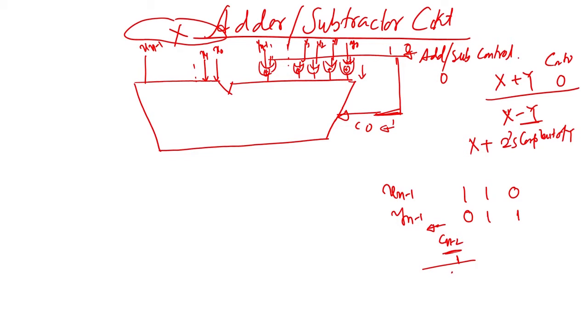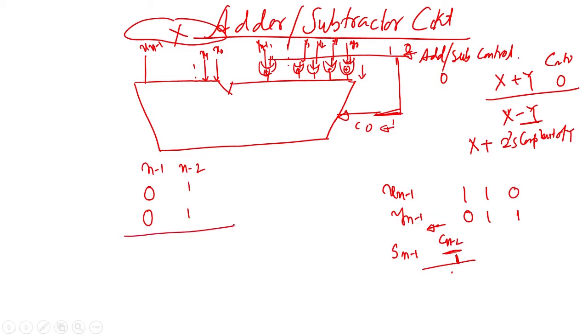Okay. So, therefore, what we can do is take this x n, y n, and if you add it, you will get the sum s n. If this carry is coming here, let us say you are adding 0 0 here. So, this is x n and this is y n. What I write here is the n minus 1 position and this is the n minus 2 position. Let us say this is 1, this is 1.